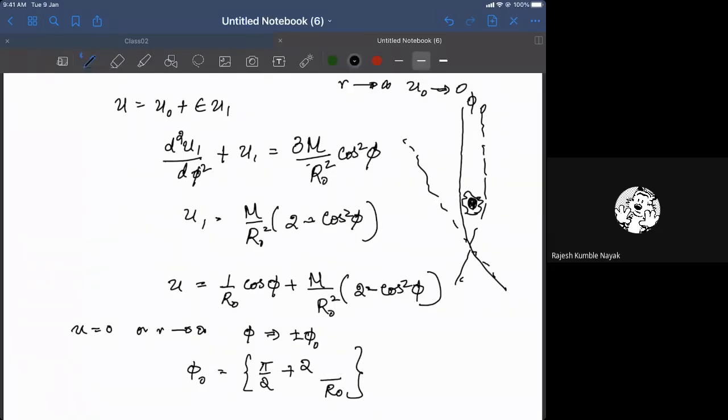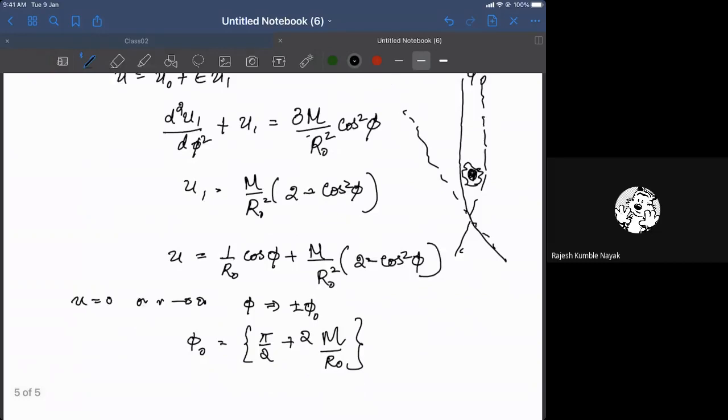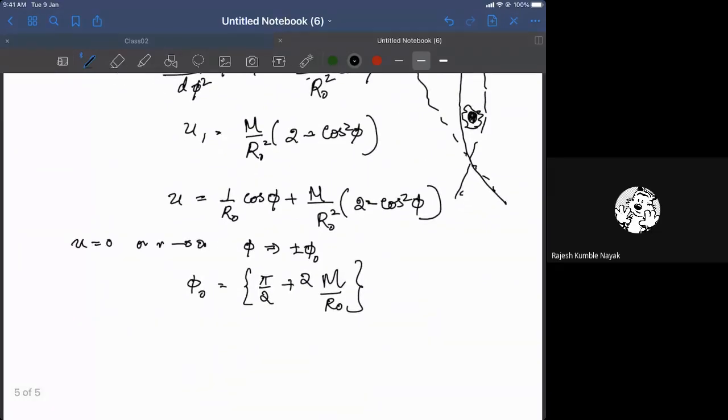solution for the m, and this is what is of angle. Otherwise it would have been pi by 2, that is an object coming towards the u, and it would be slightly changed because of the presence of mass. And if you can find out the angle between this actually is a plus or minus phi naught, you can find the angle between the two beams, and that is this term multiplied by 2.